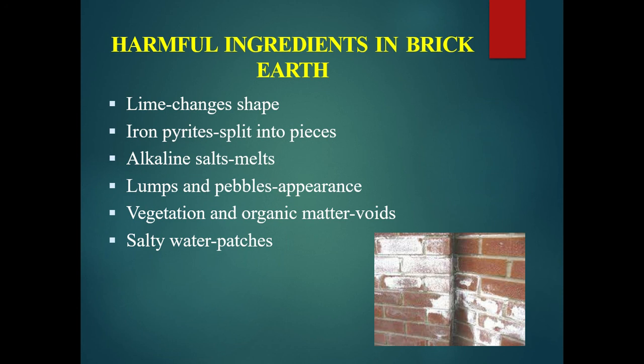Next, vegetation and organic matter. Once vegetation and organic matter come into action, you get a lot of voids in the brick. If there are voids in your brick, if you don't properly compact, there is a chance for bacteria or any microorganism to enter inside. If water enters inside the pores, what will happen? Your brick becomes moist and hence vegetation will start taking place. Small plants will come out from that.